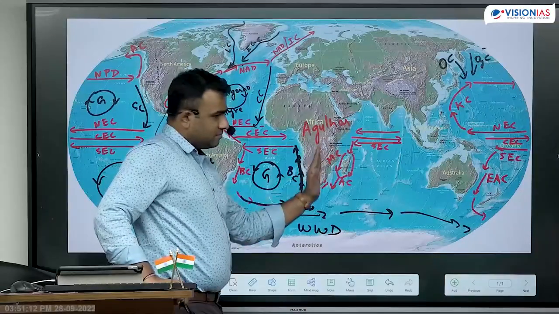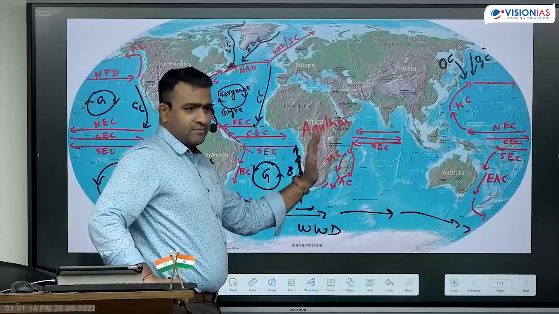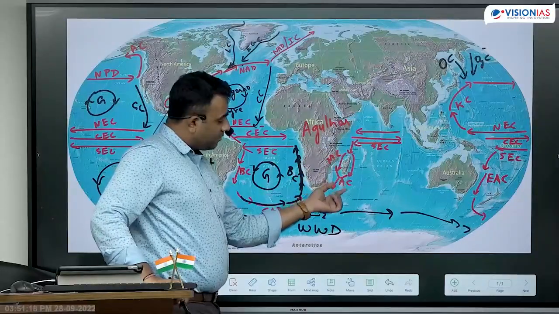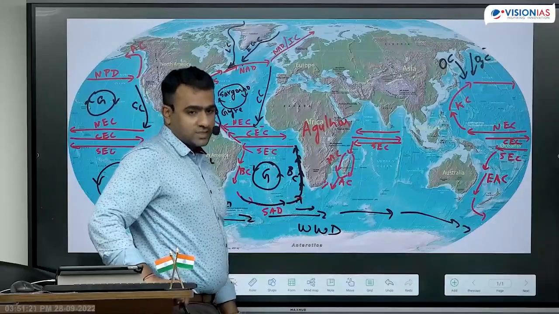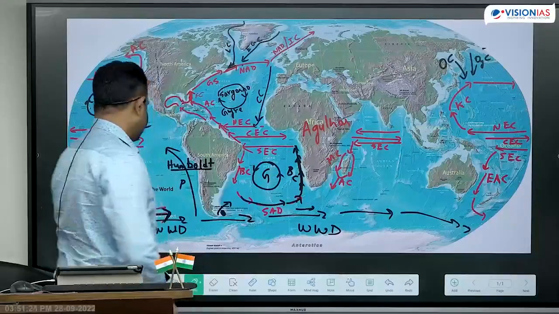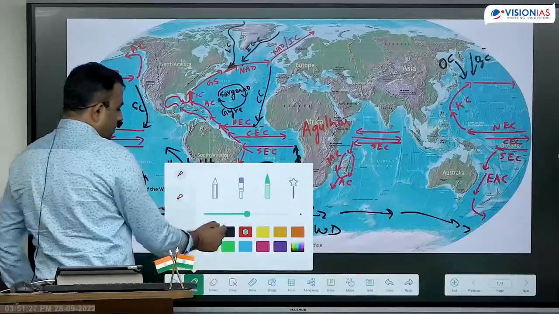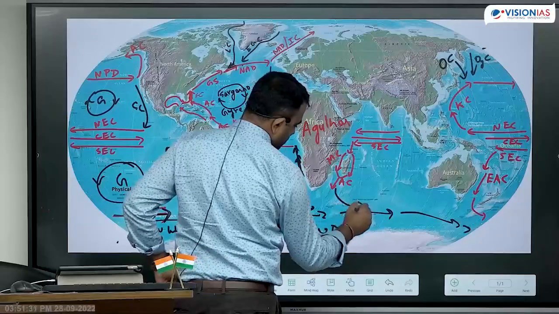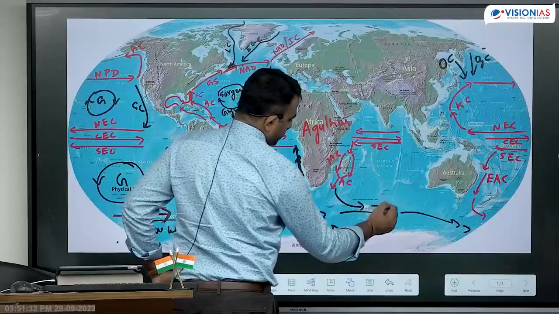It flows between Madagascar and Mozambique. It comes out and joins the eastern part. And that combined water is called as Agulhas current. Agulhas is a warm current. Now this Agulhas current, under the influence of westerlies and Coriolis force, turns left and joins the west wind